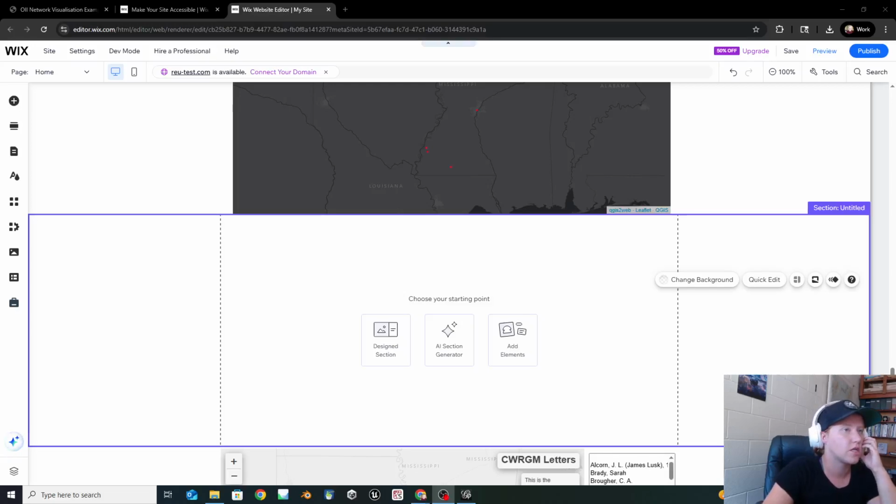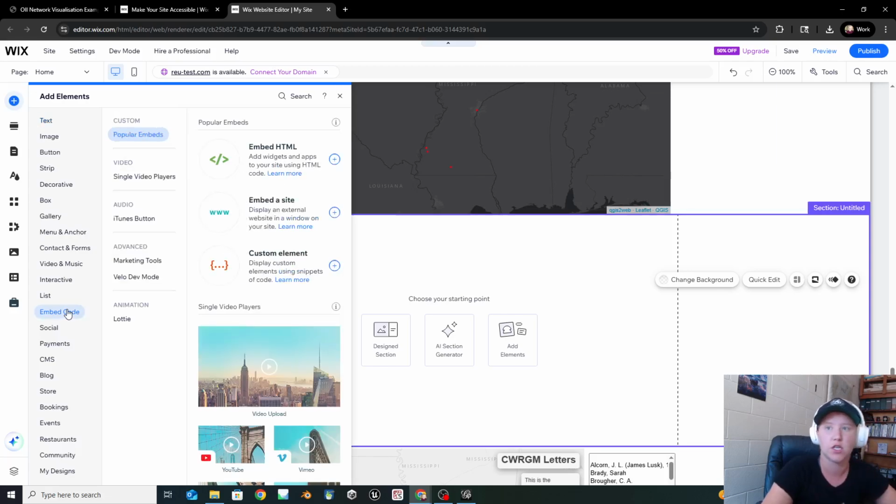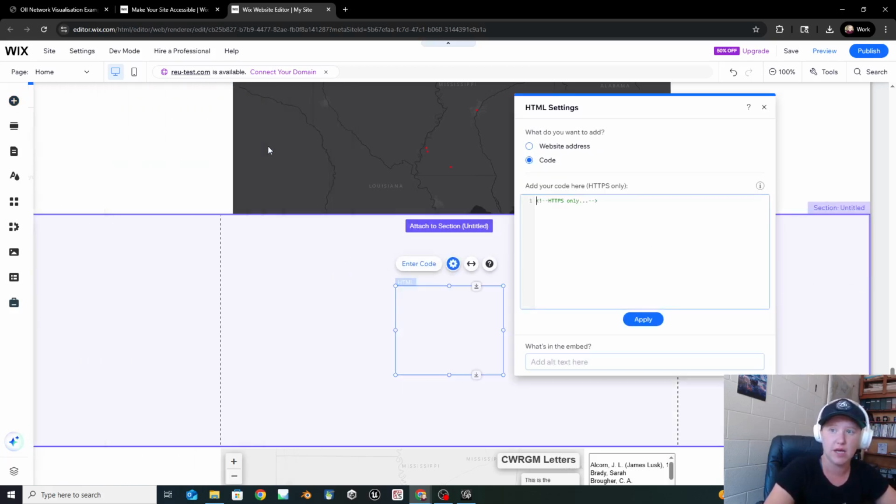Alright, so I'm going to show you how to load it into Wix. Depending on what editor you're using, this is going to look slightly different. But in this particular case, I'm just dealing with a Wix site here. And so what I'm going to do to add my Gephi to it is I'm just going to go to add elements, and then I'm going to go to embed code and embed HTML